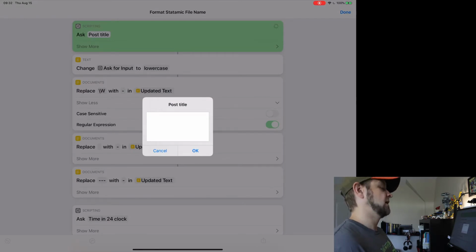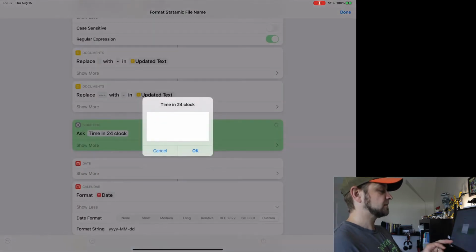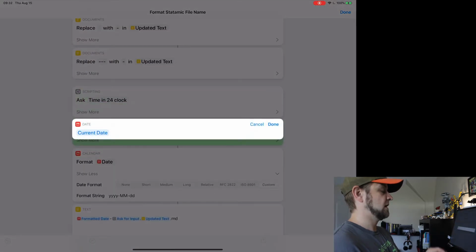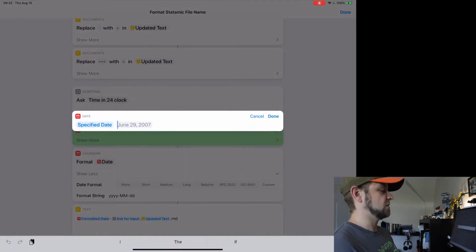So let's say, let's call this Shortcuts for publishing with Statamic. I'm going to hit OK. Ask for time in 24 hours. So it's going to be 0800. OK. And I don't want current date. I want specify date. And I'm going to specify